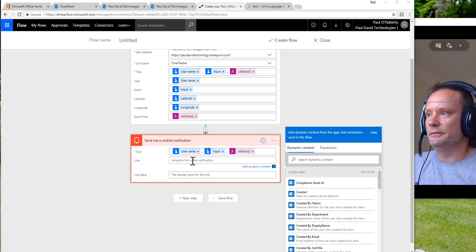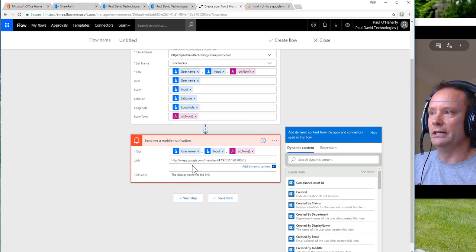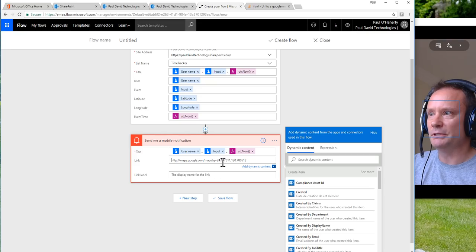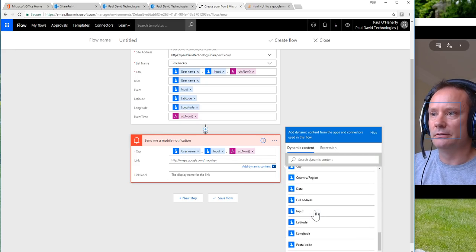So I've saved on the clipboard the first part of the link that you need, and it's just http maps.google. You could use Bing as well, but for Google Maps it's maps.google.com maps?q equals, and then we're going to have to put in our latitude and longitude. So let's just put that in, just to make sure I haven't got any leading spaces, because that messes things up. So it's latitude and then longitude separated by a comma. So let's actually fill in our dynamic